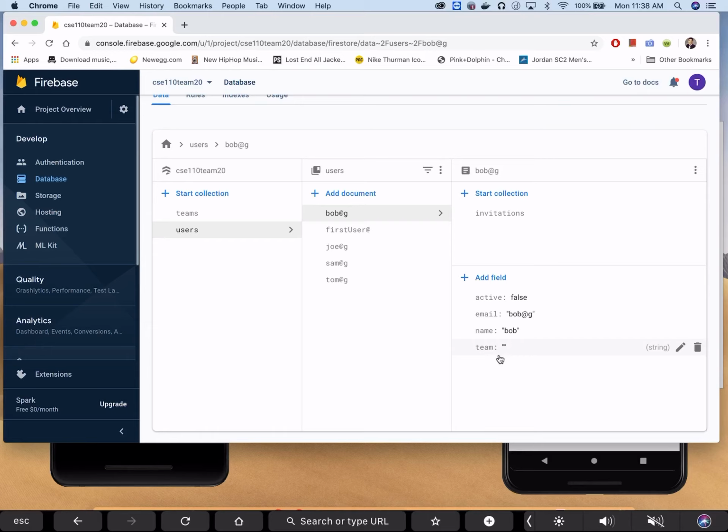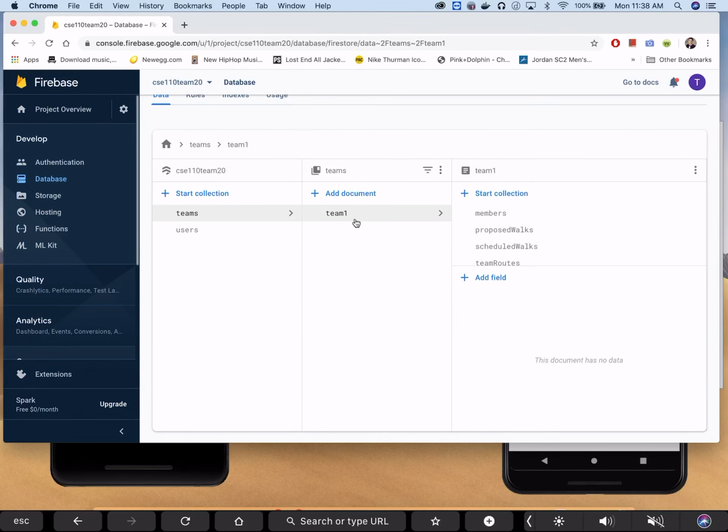This team field is extremely crucial because this is how we start another listener for when they're on a team and they have new members and they have invitations for a new route or whatever it may be, because there's a whole teams collection